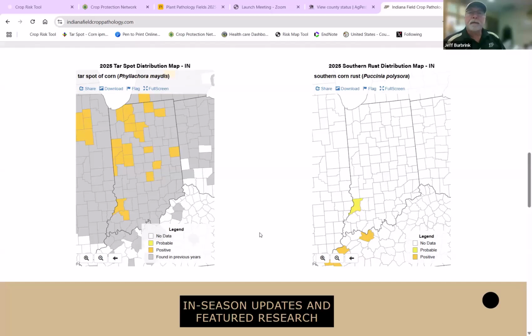So you can see I continue to add more counties. Actually just added Knox County this morning, and let's see who else I just added. Knox, Fulton, and Johnson County, where we're getting images or samples into the clinic to confirm for tar spot. So yes, we're starting to see more tar spot. Where I worry about it is where we have the corn that's moving ahead and approaching R2, R1 silking,